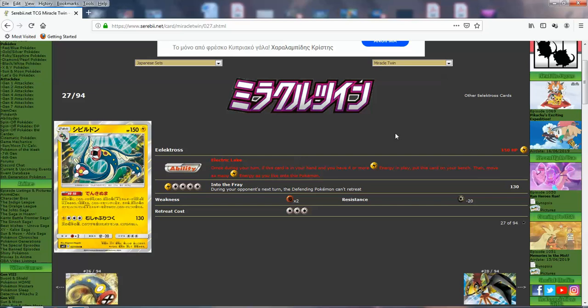So if you have a bunch of Lightning Energies, you can just play this dude down from your hand and move as many Lightnings onto this guy. Its attack is Into the Fray 4, and you do 130. Your opponent's active Pokemon can retreat. A bit of a letdown, but